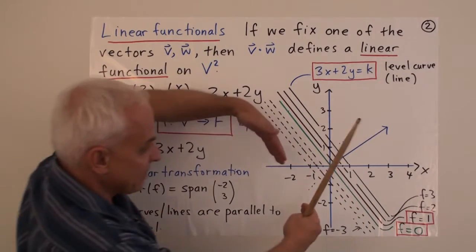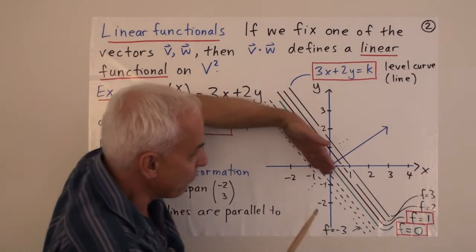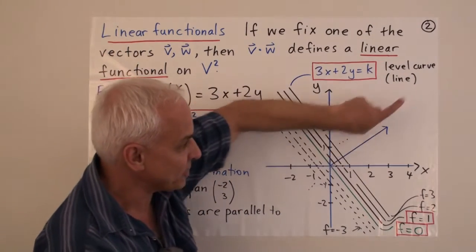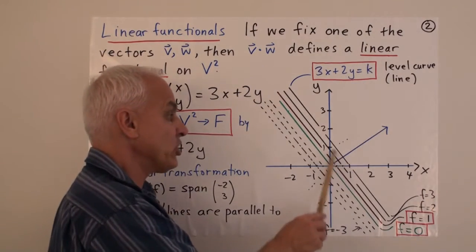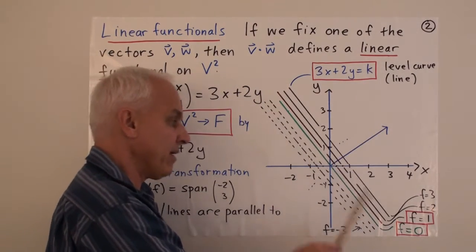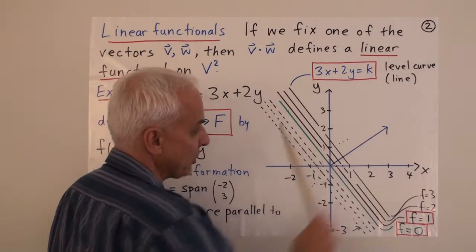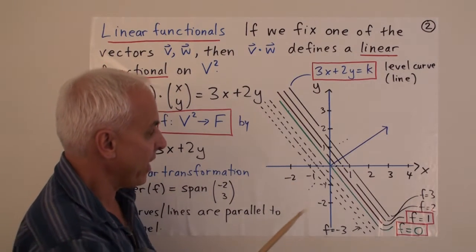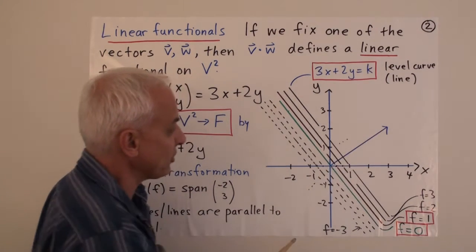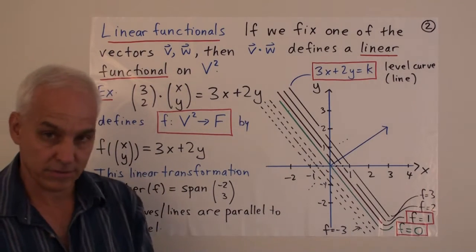So we can see that as a function on the plane, this is a function which is moving linearly up as we go in this direction, moving linearly down as we go in this direction, and it's unchanging if we move in this direction. It's a relatively simple kind of function whose gradient, or direction of greatest increase, is along the vector (3, 2), which is the vector that we started with over here.